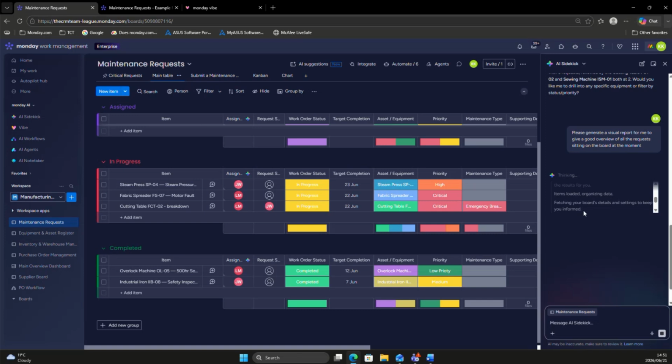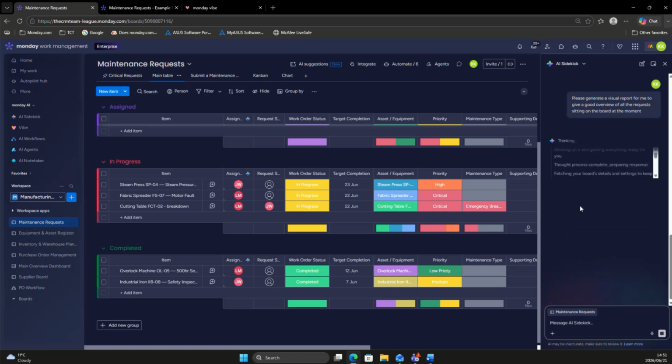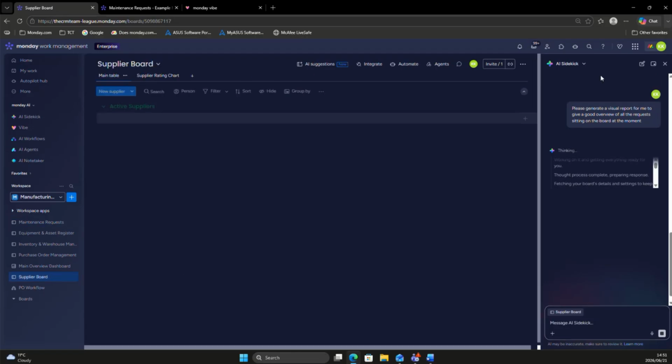I think this might be taking a while because it's generating images. So I might not hang around too much here, just in the interest of time. But the point that I want to get across is you can ask it to do anything for you. In the example of suppliers, you are onboarding 3 new suppliers, you have all of the supplier information, you can go through,